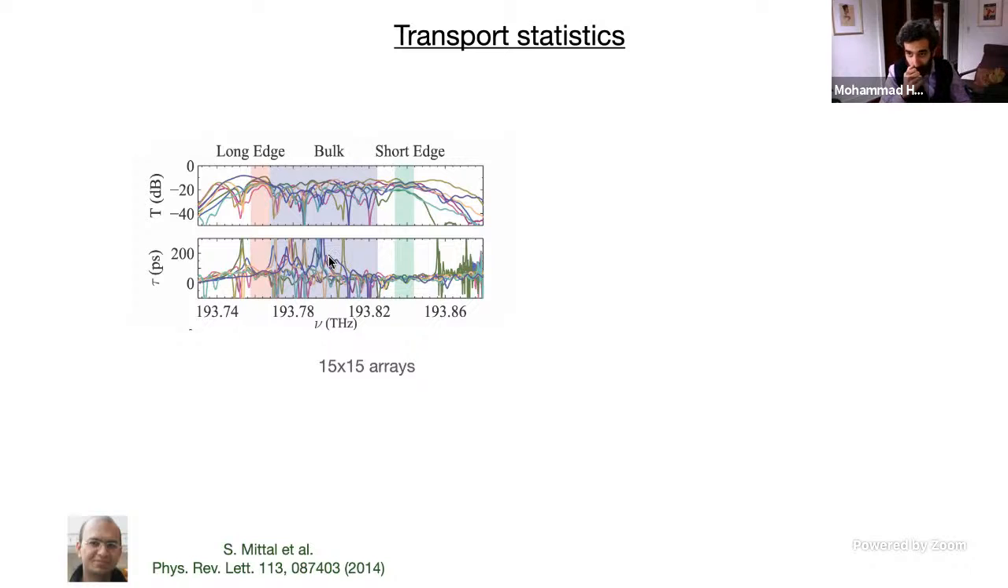But here we would like to look at the system statistically, in particular looking at transmission as a function of frequency, and Wigner delay time, the time that it takes for a photon to go from one side of the device to the other side of the device as a function of frequency, and then repeat it for different devices with different fabrication disorder, and then superpose these spectra on top of each other. This was a work that was led by Sunil for 15 by 15